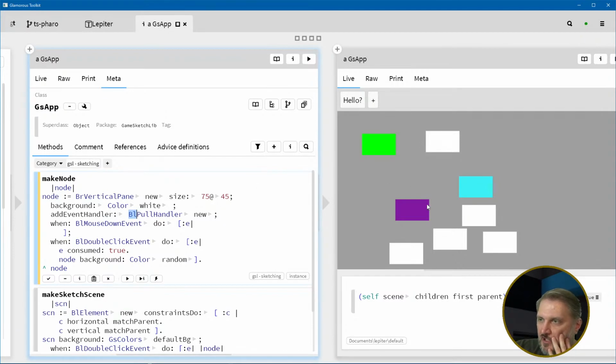But like the BL pull handler, the basic idea of dragging the mouse over something is at the block layer, and the layout stuff, and like anything that's a UI widget, like all these buttons and stuff, not just the button and the fact that you can click on it, but also the fact that this is following the material design style of making a button. I don't know if you can tell, there's a slight shadow there,